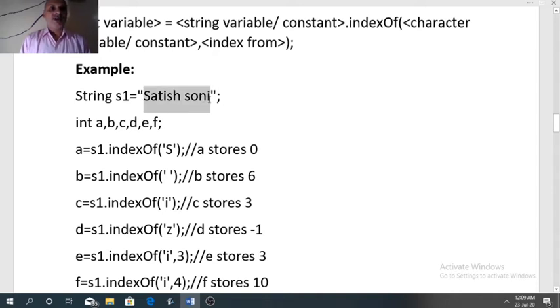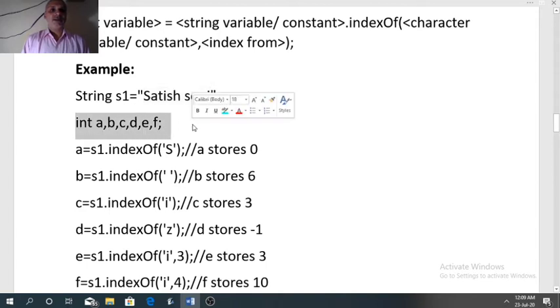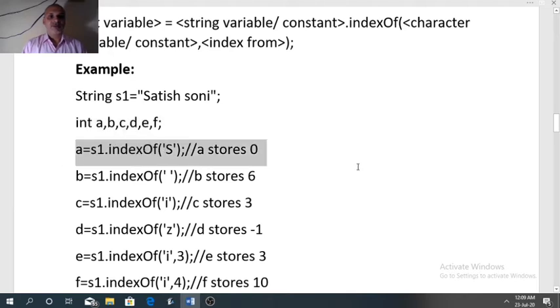Same example I have taken. "Satish Soni", 11 characters are present here. A, B, C, D, E, F are integer variables that will store the index of a particular character. A equal to s1.indexOf('S'). So the function will start searching capital S from left to right.